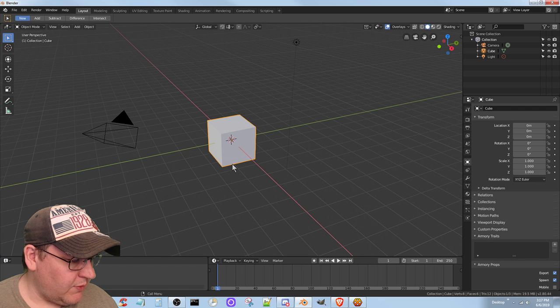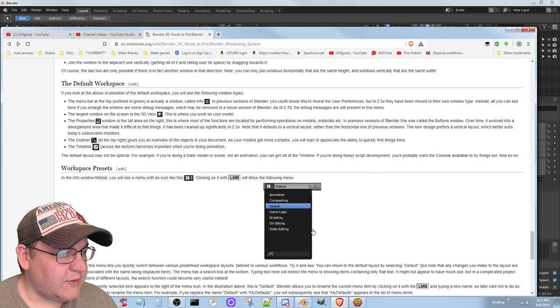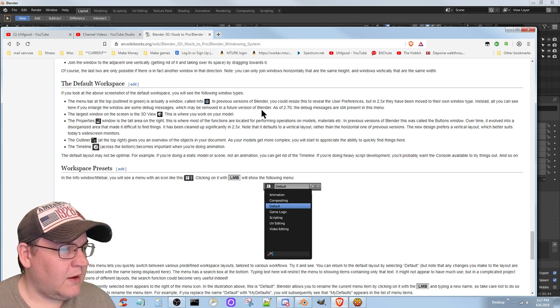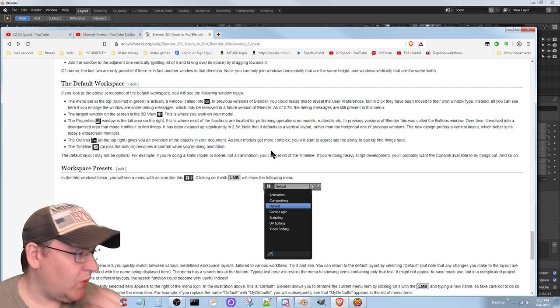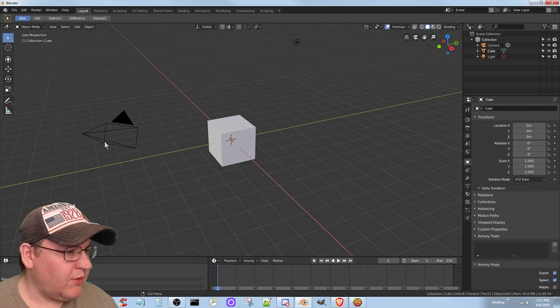I don't know what the info window does here, honestly. Oh, that's cool. It's showing me what I'm doing here, interestingly enough. Alright, that's okay. Outliner, okay. So anyways, info window, largest window is a 3D view where you work on your model. This is still the 3D view here,